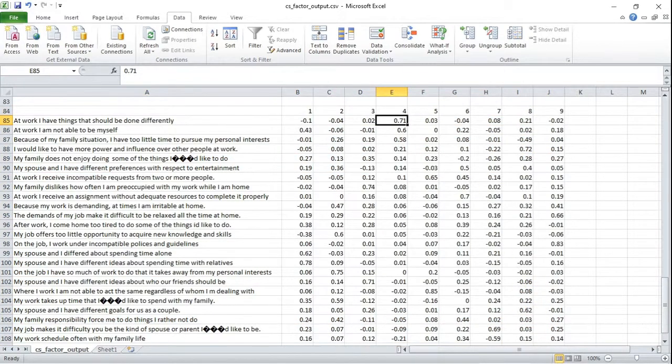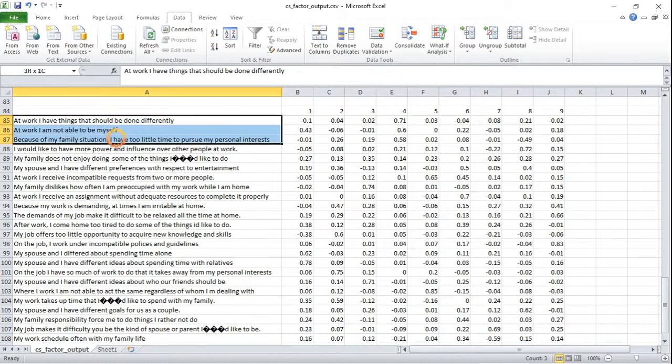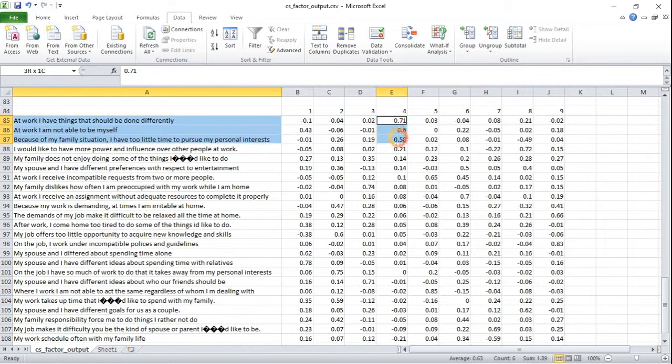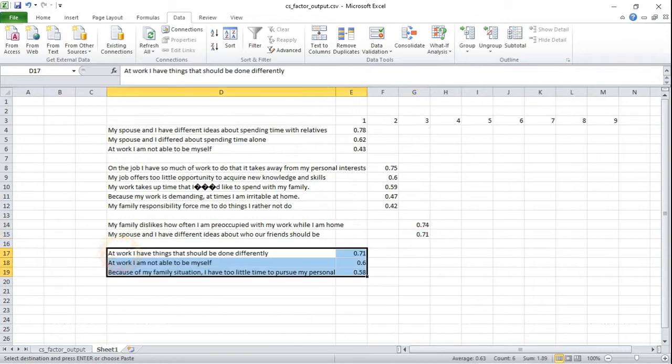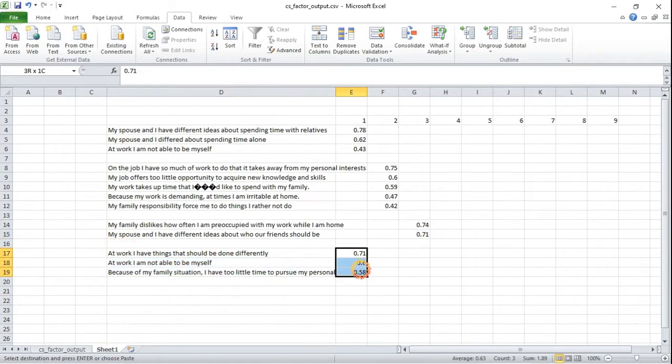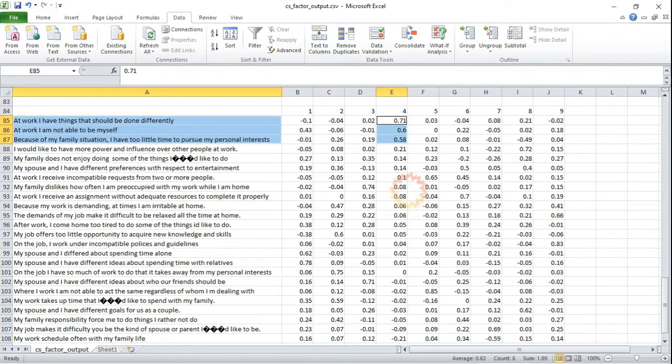Yeah, for the fourth factor, we have only three items. And for the fifth factor,